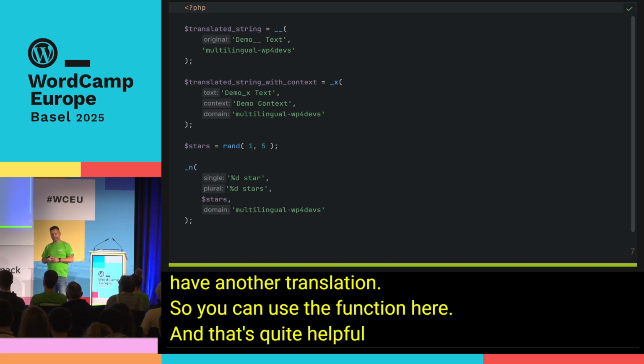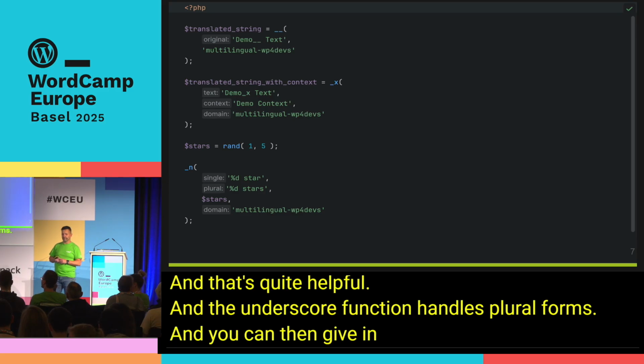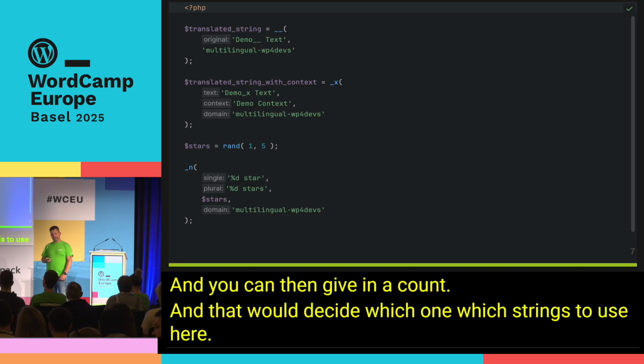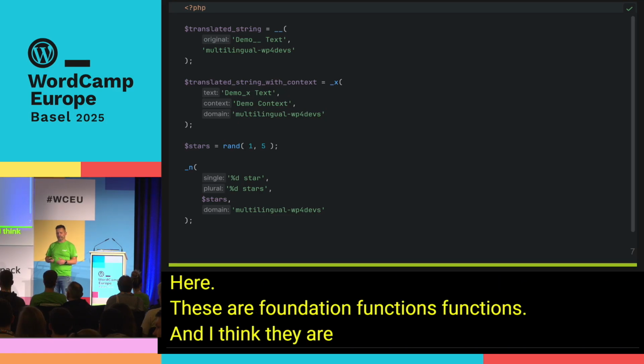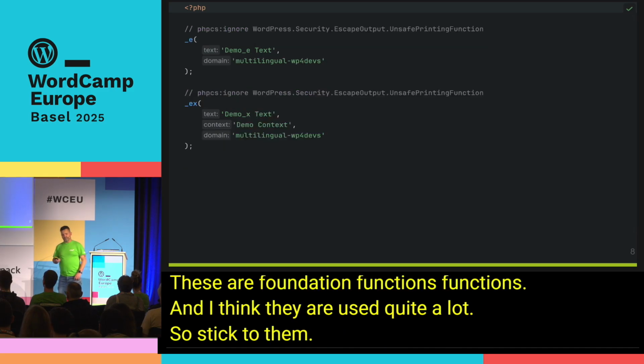And the _n function handles plural forms, and you can then give in a count, and that would decide which string is to use here. These are foundation functions, and I think they are used quite a lot, so stick to them. The bad ones,